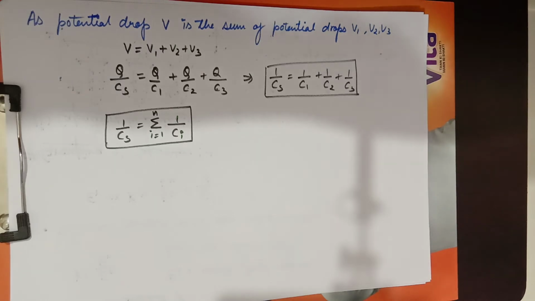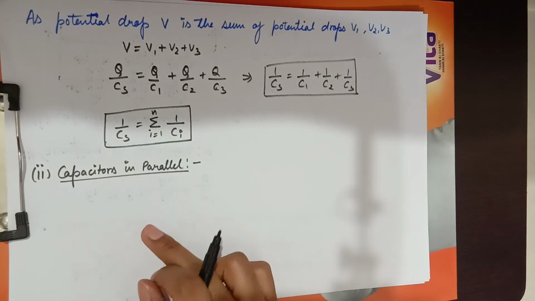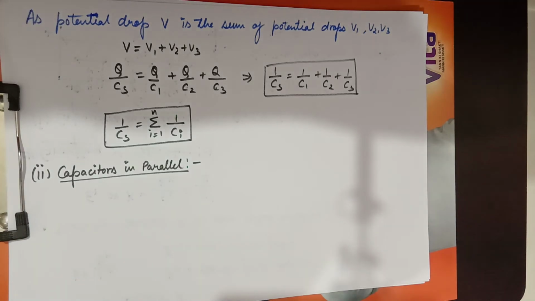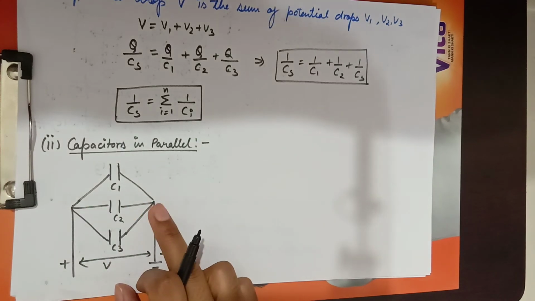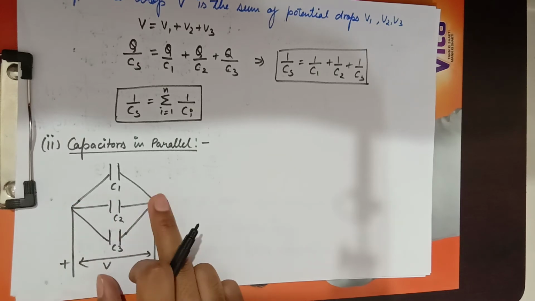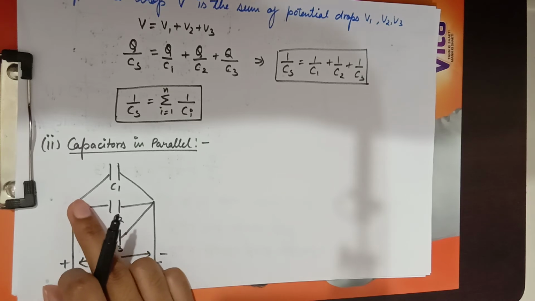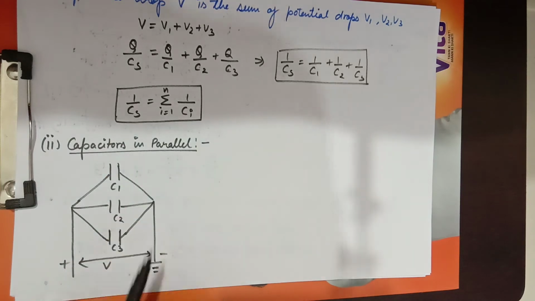Now we will see the next type of combination, that is parallel combination, and we call it capacitors in parallel. So the capacitors are said to be in parallel combination when there are many ways of going from one point to another point. Let us draw it first. Capacitors are said to be in parallel combination between any 2 points when we can proceed from one point to the other along different paths. See, if I want to travel between these 2 points, I can go this way or this way. So this type of combination is called the parallel combination.